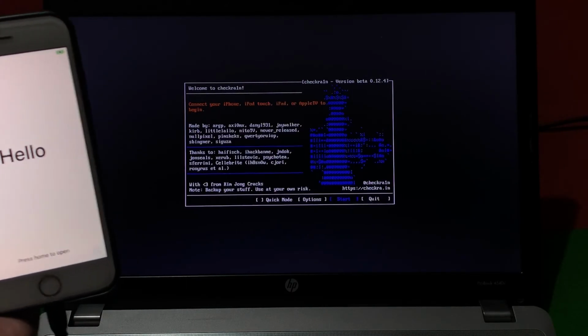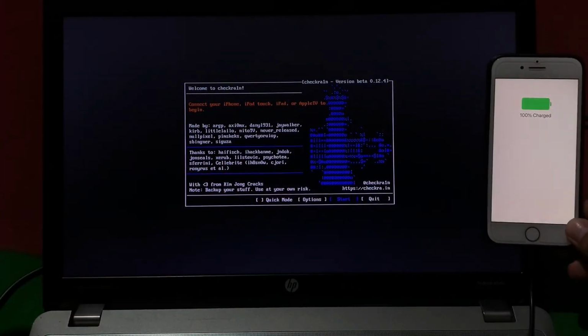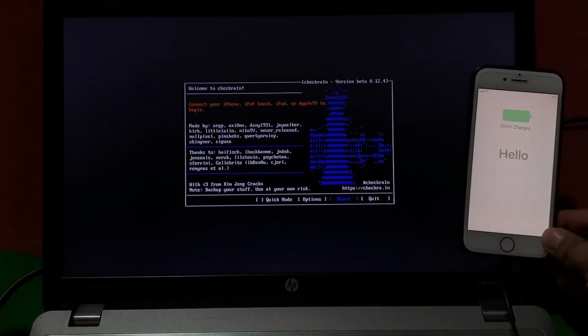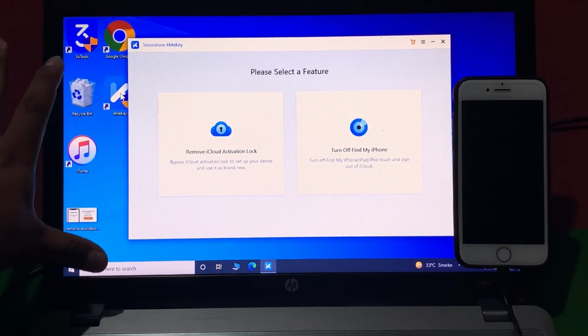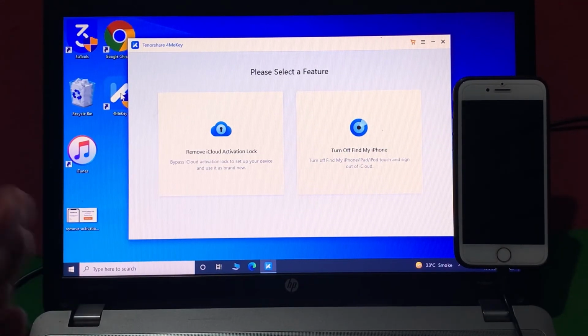Tap on done and restart the PC again. After restarting your PC, open the 4uKey software on my laptop.